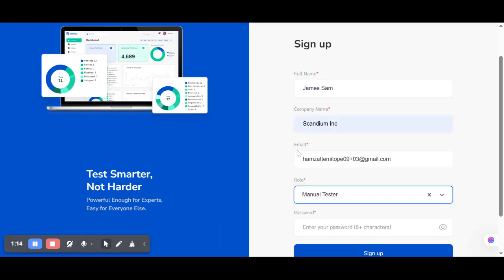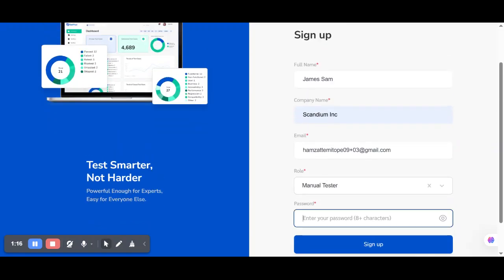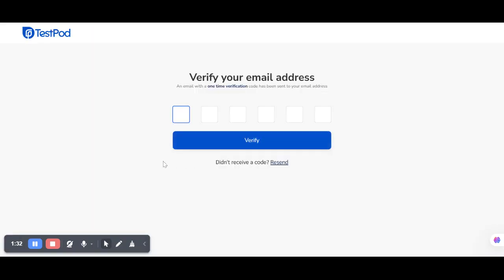I'm going to select my role and password. I'm going to select create a password rather. Okay. And I'll click on sign up. All right. Upon clicking on sign up,